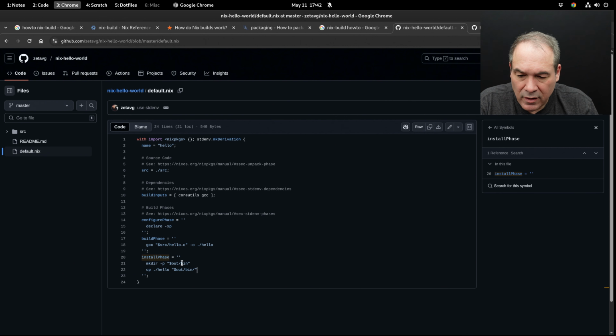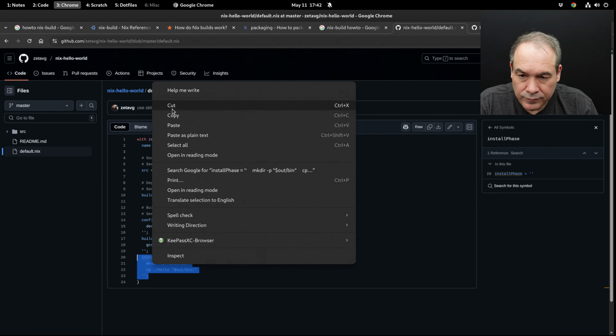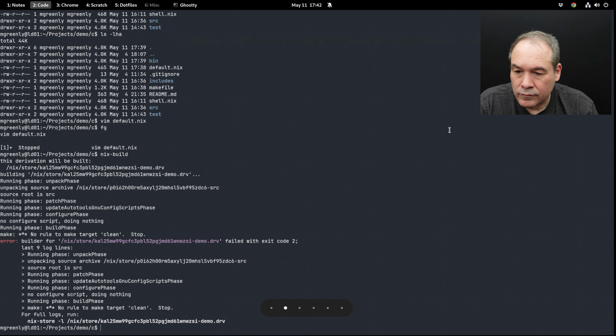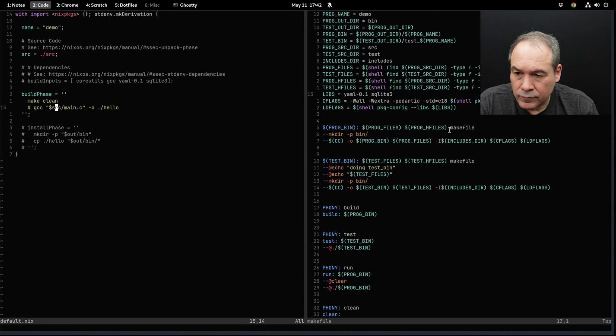So what happens if I have an install phase and it just touches a file somewhere? What happens if I do installPhase equals